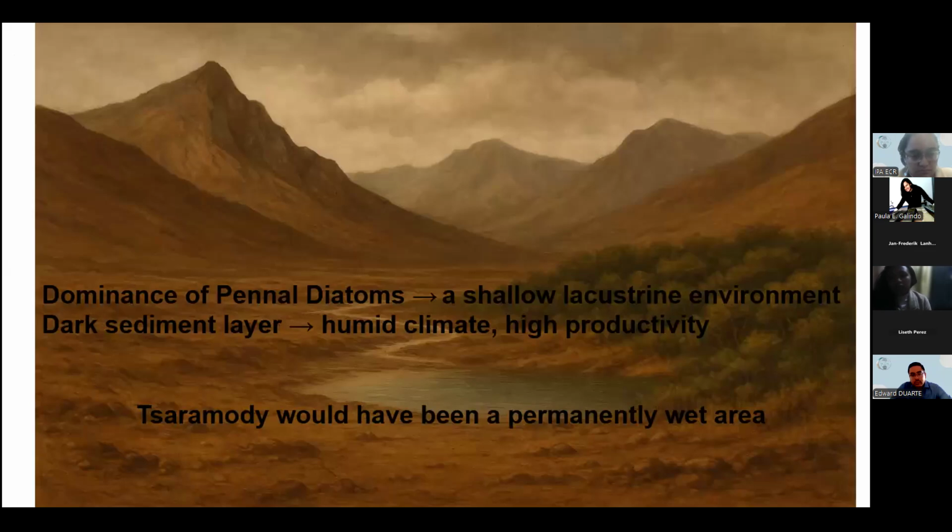So the dominance of the pennate diatoms suggests a shallow lacustrine environment with high organic matter and high biological productivity, and this data indicates that the site would have been a permanently wet area, and this knowledge could provide details into past